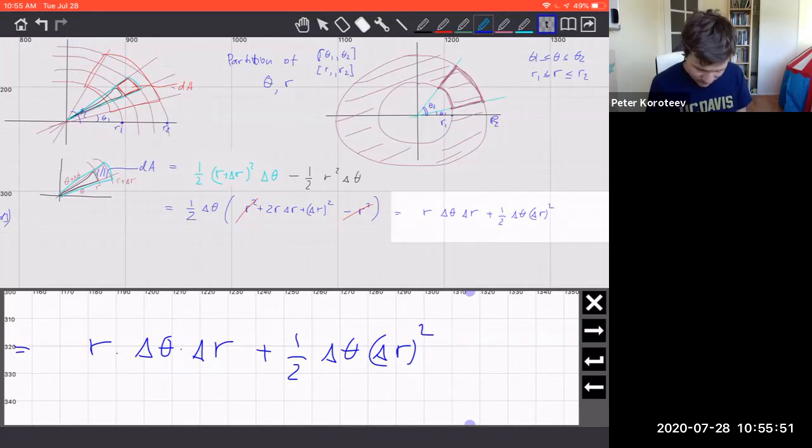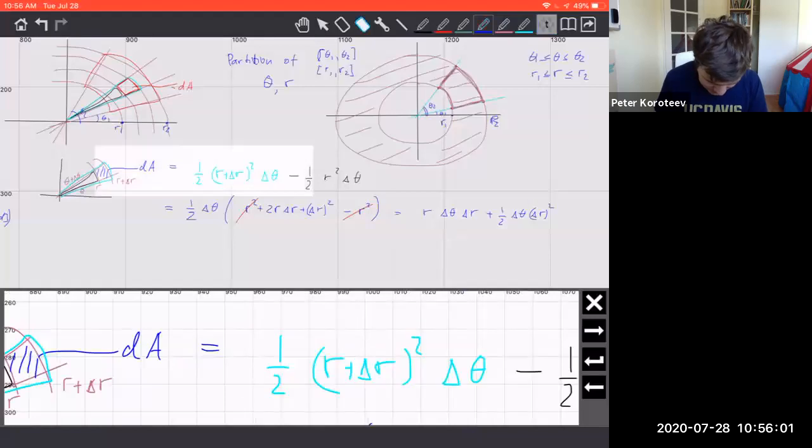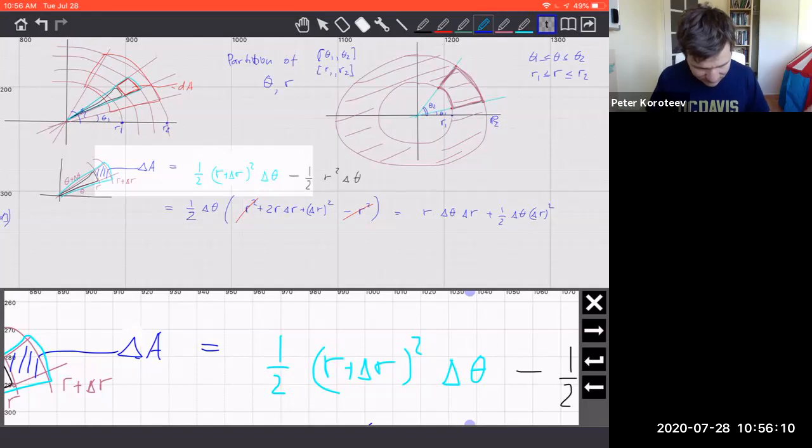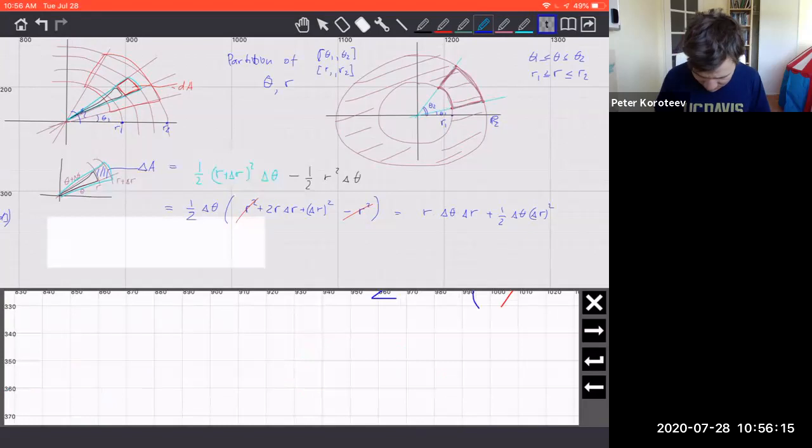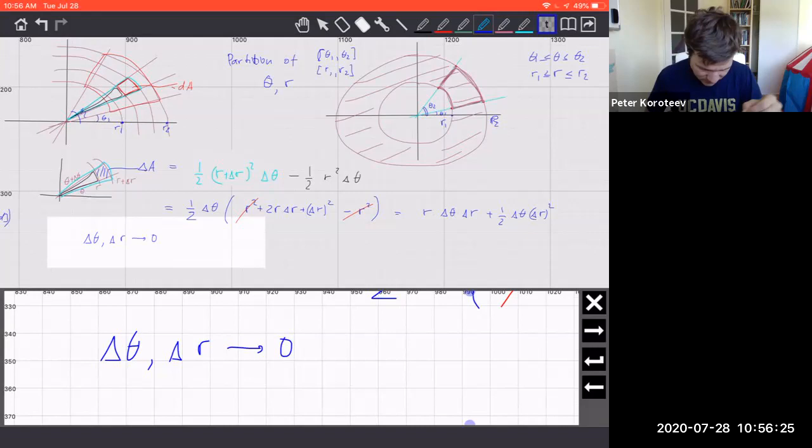Now, this difference, of course we'll be interested in, actually I should call it delta A, right? So delta A. So far it's a finite difference. We used finite formulas. So far we didn't assume any notion of smallness, right? So you can actually make this calculation for a slice of pizza. But now let's make our pizza infinitesimally small. So we send delta theta and delta r to 0. In other words, the mesh of those partitions will go to 0.